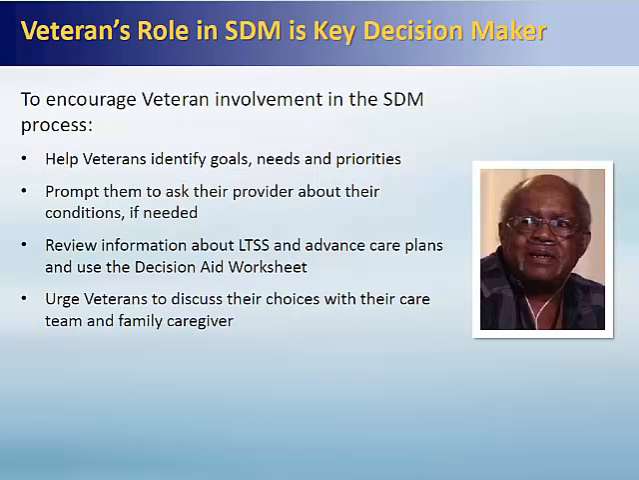There are a number of ways one can encourage the veteran's involvement as key decision maker. Keep in mind that some veterans will say they do not want to be involved, but we know from research that most like being involved once they begin the process. To encourage involvement in the shared decision-making process, one can help veterans to identify their goals, needs, and priorities, prompt them to ask their providers about their health conditions, review information about long-term services and supports and advanced care plans, encourage use of the veteran shared decision-making worksheet, and urge veterans to discuss their choices with their care team